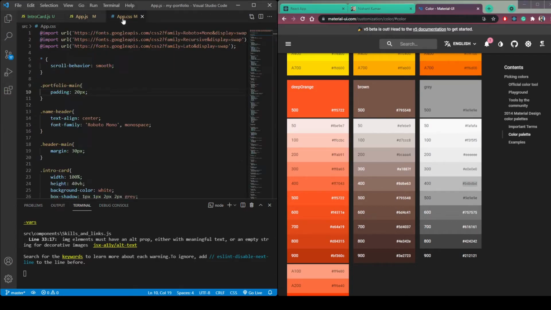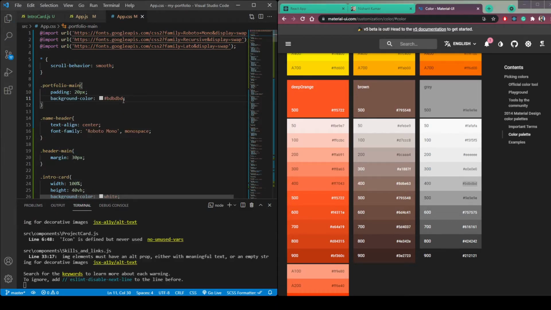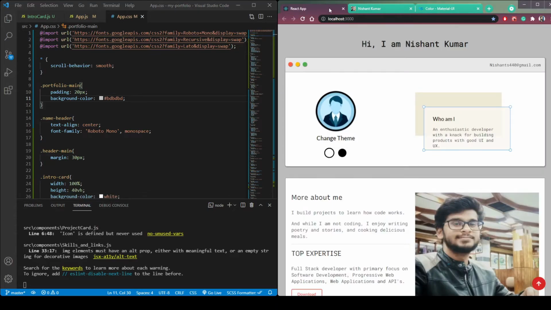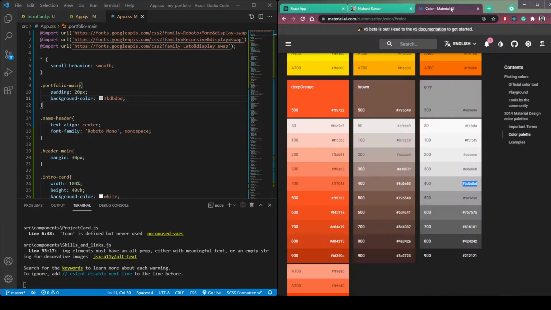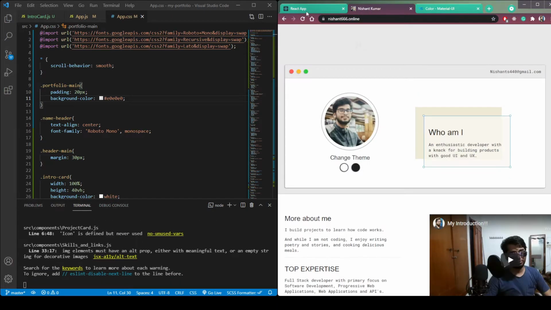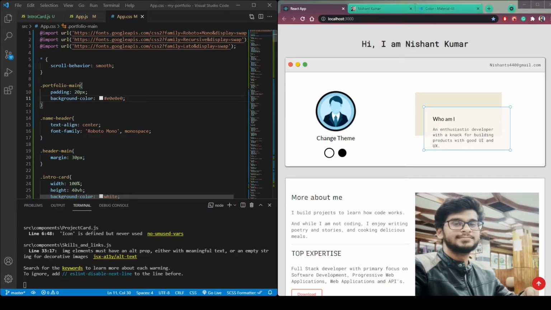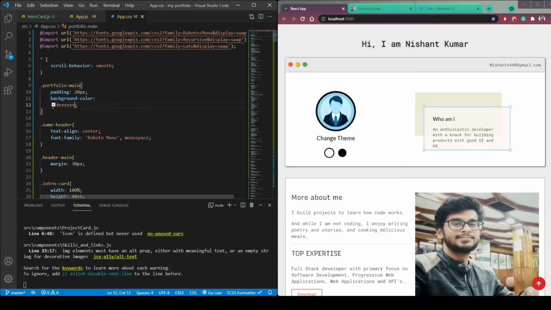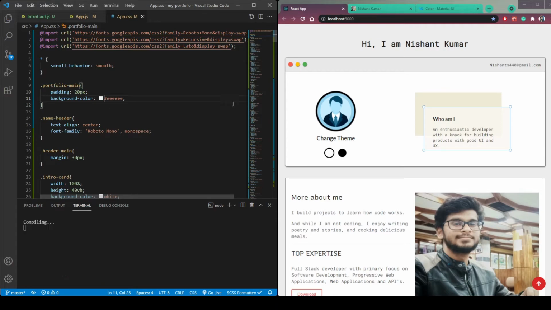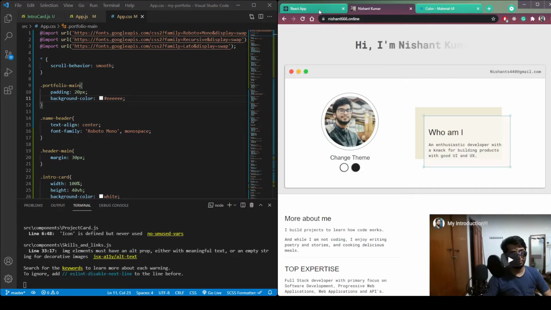So in this portfolio main class name, background color of this BD, but it's too much, so let's decrease the opacity. Let's try this E0, paste it here. Still a little bit too much, try this one. Okay, now it is looking fine.